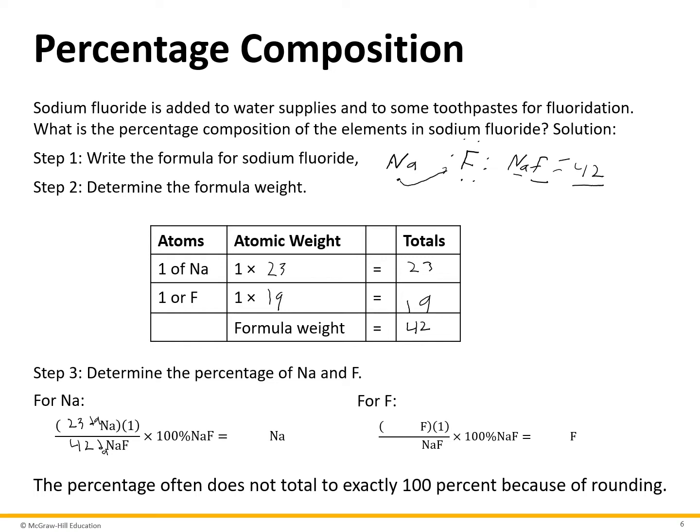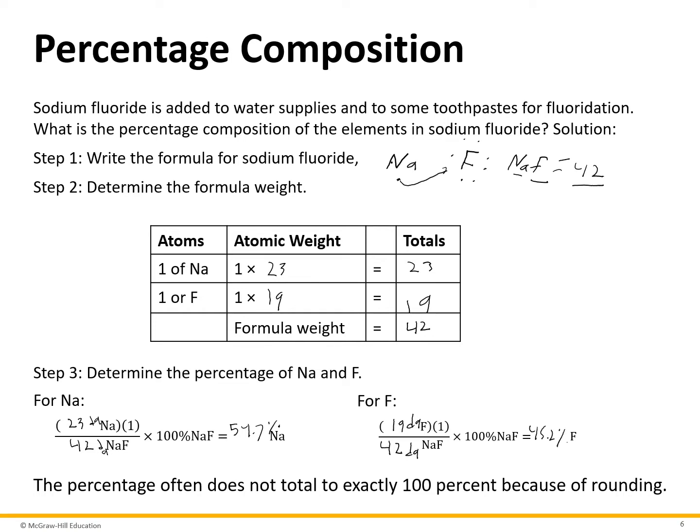So 23 divided by 42 is going to give you like 0.547, and you multiply that by 100% to get 54.7% sodium composition in sodium fluoride. We are going to do the same thing to solve for the percent composition of fluorine by listing at the bottom what the whole composition mass is, which is 42 Daltons for one sodium fluoride molecule. But now we're going to divide it into the mass of just fluorine, which will be 19 Daltons. You divide that, you multiply it by 100%,